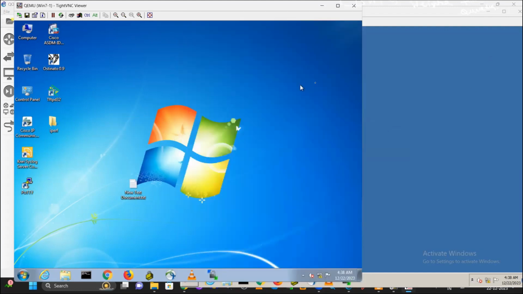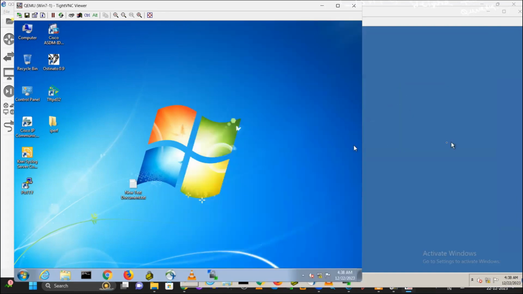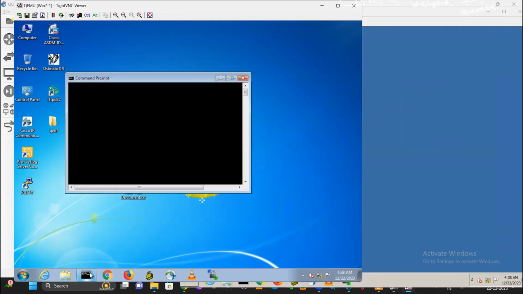This is my client machine. This is my server machine. So what is the IP address of this client and server? Let me check first.